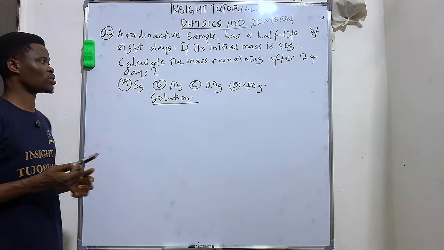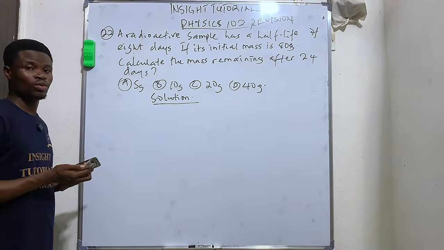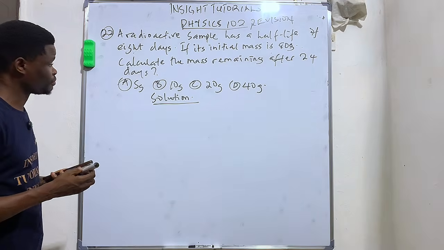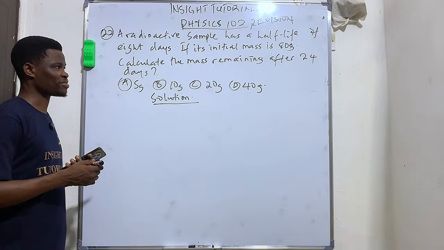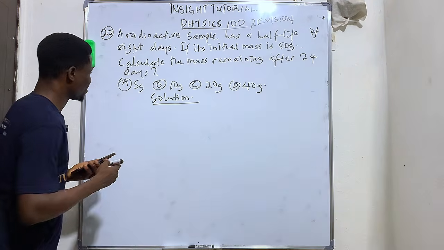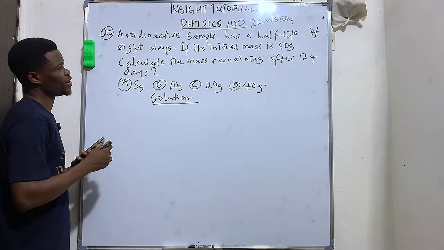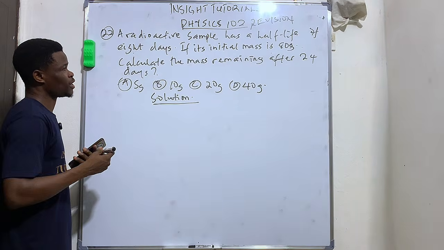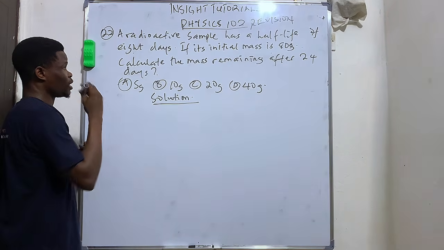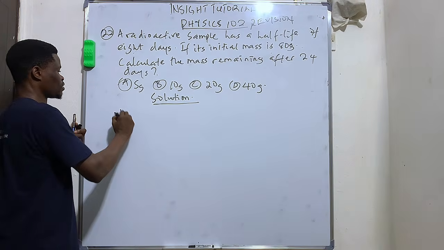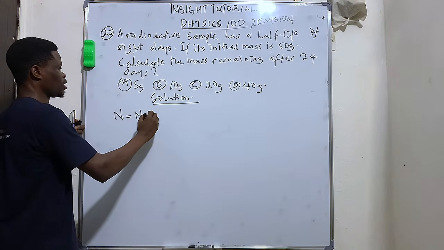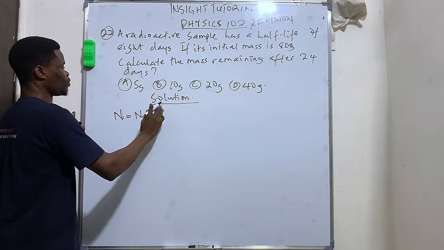These are the options that we're going to look at for which of them is correct. Now, you can solve and perhaps arrive at this answer before I do. So it happens that the formula for finding the remaining mass of a sample after a certain period of time is given as N equals N0 times (1/2) raised to the power of t over T,